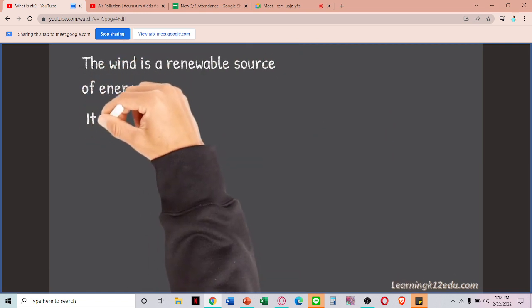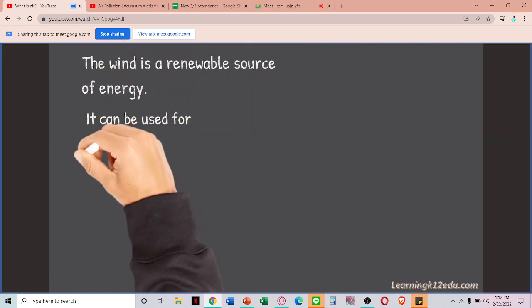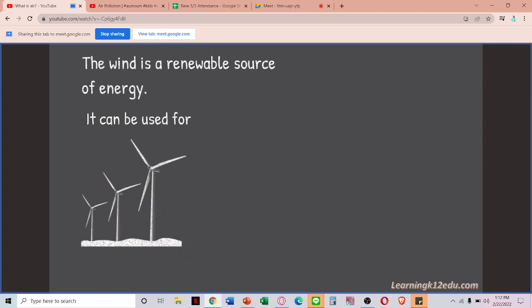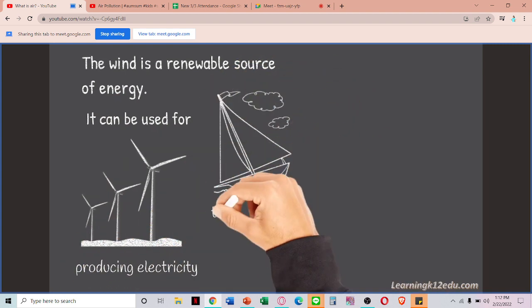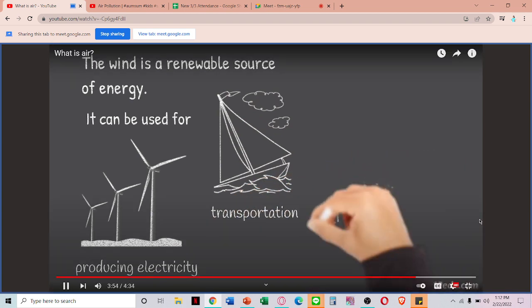The wind is a renewable source of energy. It can be used for producing electricity by windmills, transportation through sailboats,